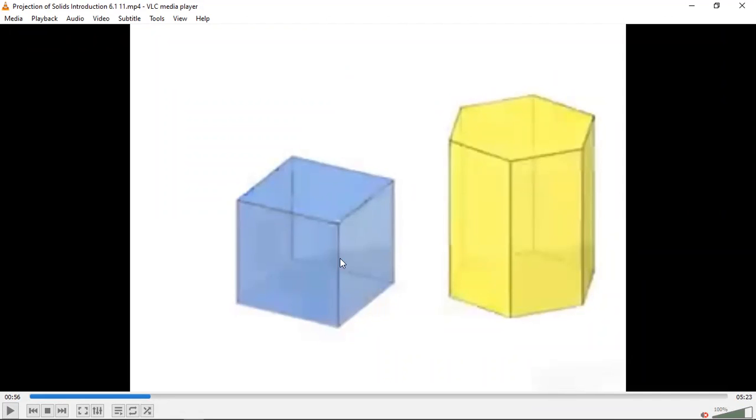So if I join this corner and this corner, then it is called a body diagonal. A face diagonal is nothing but, in a face, there are four corners; if I join each pair of opposite corners, the diagonal formed is called a face diagonal. Whereas if I join the top leftmost corner to the bottom rightmost corner, diagonally opposite corners in a room, then it's called a body diagonal. So you should know this body diagonal is inclined at 90 degrees to the vertical plane.